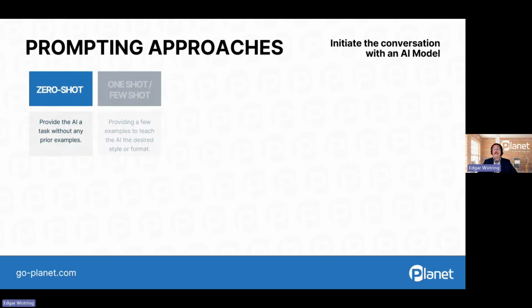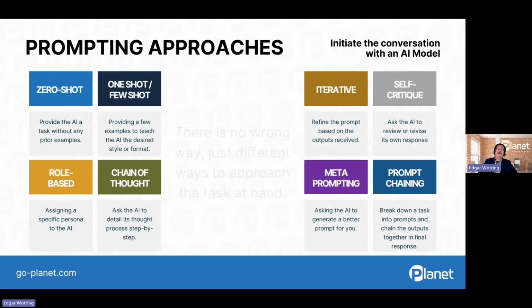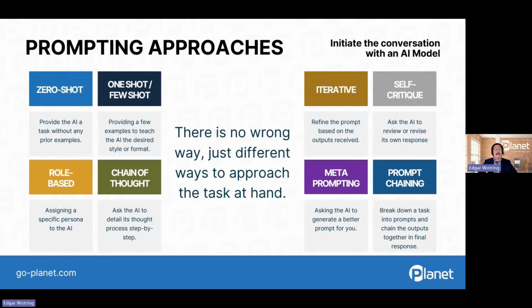So with the understanding of what should be included in our prompt, where do we begin? We, of course, are responsible to initiate that conversation with Copilot, and Copilot is eagerly awaiting our engagement. Some of these that we see here may be better suited as we initiate the conversation, and other prompting approaches, as represented here, may be more relevant once that conversation is already underway. There's no definitively right or wrong approach to take with Copilot, and depending upon the situation and the objective, we might find some of these better suited to achieve our intended outcome.